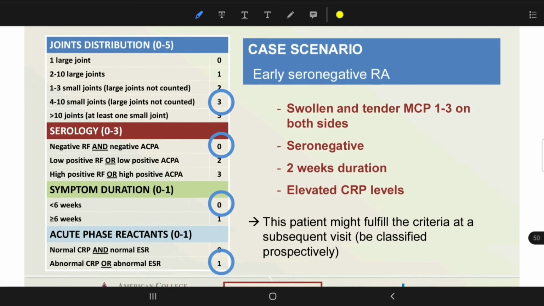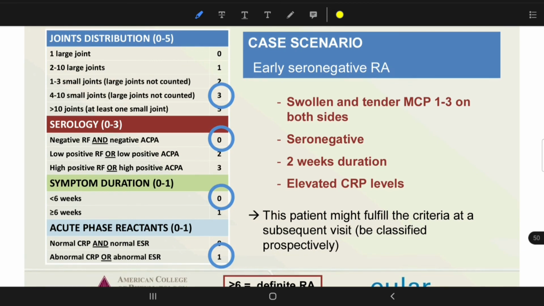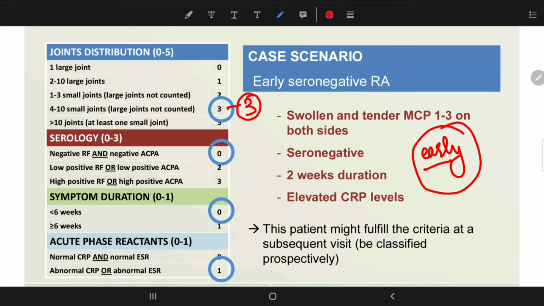Now sometimes a patient may also have a false negative classification. The example taken in this scenario is a patient presenting early to you. If a patient is presenting early and has a lesser joint count, less than 5, let's assume a score of 3, and the serology comes out to be negative, no score here, and the duration is less than 6 weeks, and somehow the acute phase reactants are positive due to the acute exacerbation of the disease,